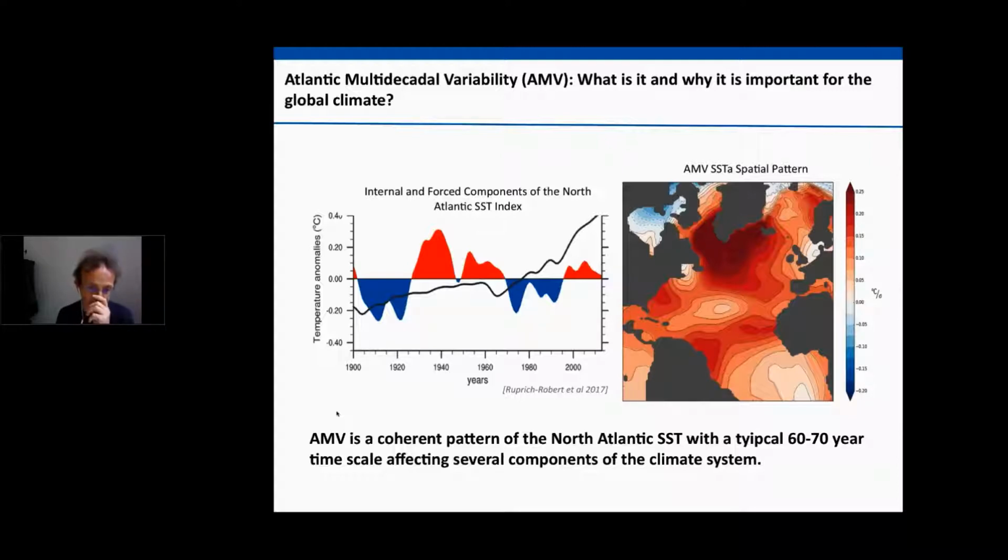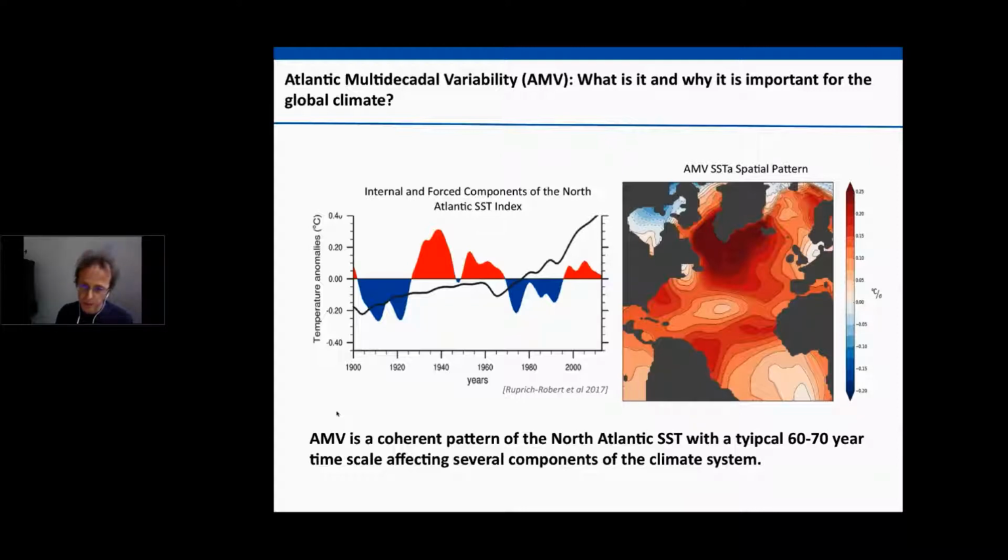You can see from this picture, in the left panel, a typical evolution of this mode, which is defined as the area average sea surface temperature in the North Atlantic basin. The Atlantic shows this prominent signal, which is superposed on a warming trend. There are ways to separate the internal component from the global warming trend. If we do this, we end up with this AMV signal, which has a typical spatial